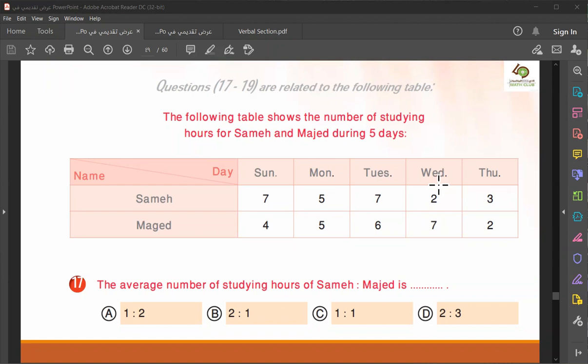We want to solve the questions here from GAT. Okay, now the following table shows the number of studying hours for Sameh and Majid during 5 days. So what I will do, now Sameh, Majid, and also